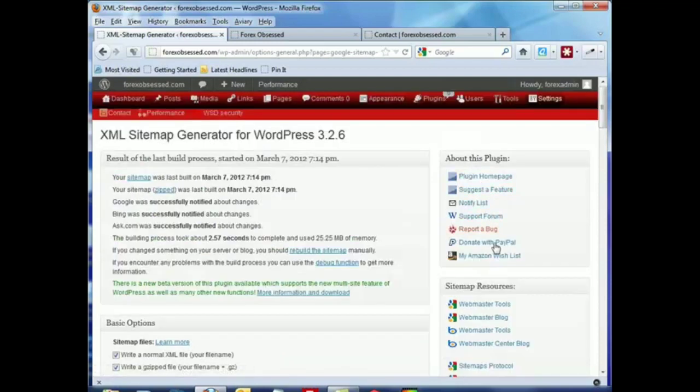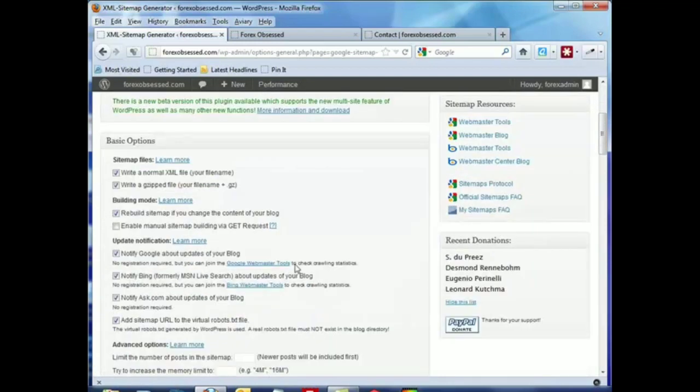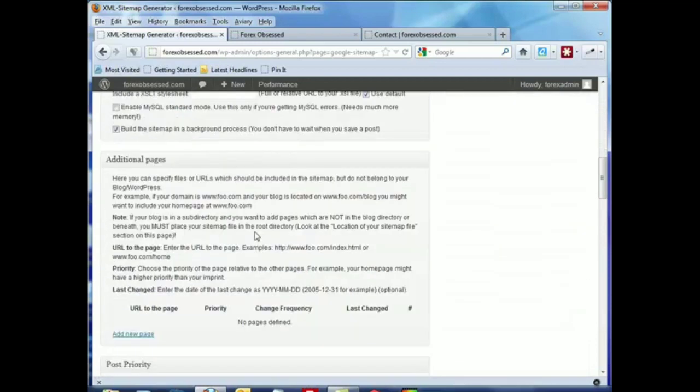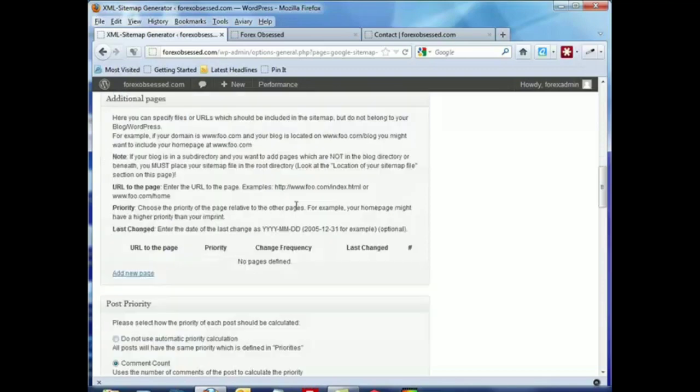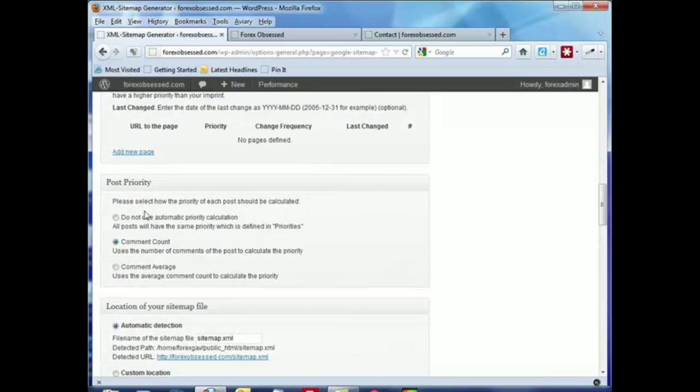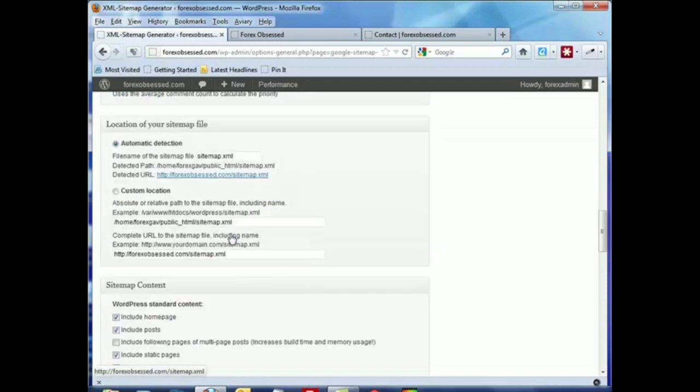What's great about this plugin is on the right-hand side, you have all kinds of information. You don't really need to know much. If you have other pages that are not part of your blog, you can add them here and adjust the priority. What does that mean? This plugin will allow you to set the priority. I don't want it to be determined by the comment count. That doesn't necessarily mean the best post will have the most comments. I'm just going to say all of the posts will have the same priorities. I always click automatic